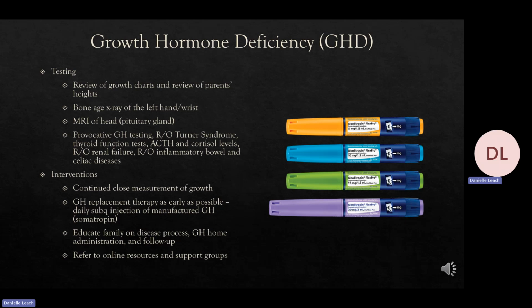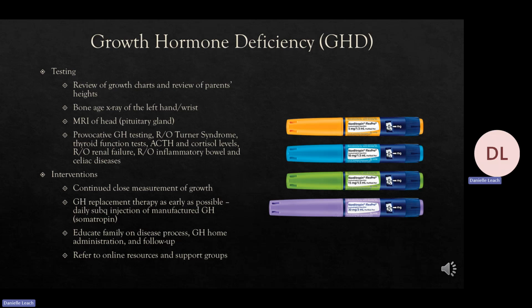Interventions: we can continue close measurement of the child's growth, so continuing to plot their height and weight on growth charts and monitoring that even more closely than we would normally. The child can also be prescribed growth hormone replacement therapy, and this is best to be started as soon as possible. Growth hormone replacement therapy consists of daily subcutaneous injections of manufactured growth hormone, which is called